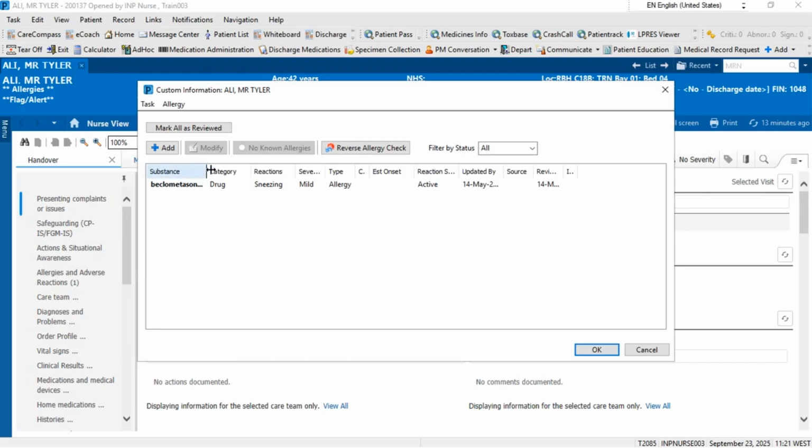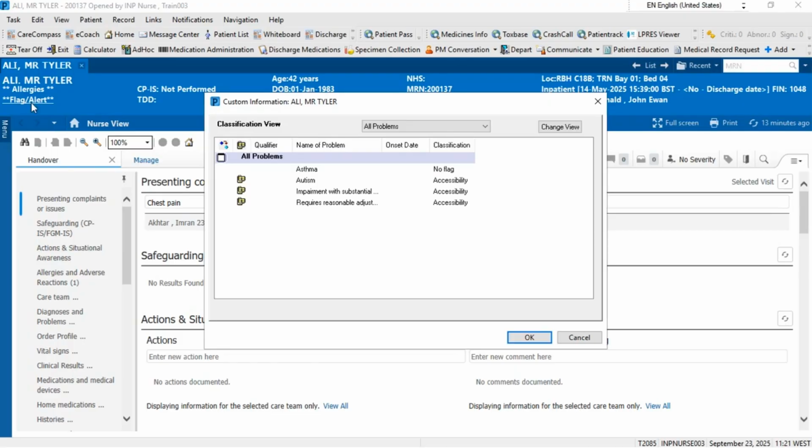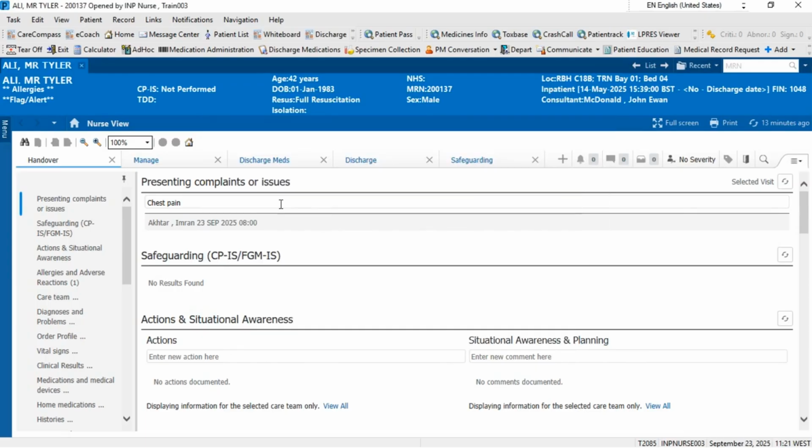This same rule applies to flags and alerts for patients. By clicking on this, we can see the reasonable adjustment that was added in the previous screen. Next, CPE stands for Child Protection Services and will populate if the patient is known to this service. TDD stands for Target Discharge Date, and this is something the nurses will populate, estimating the day of